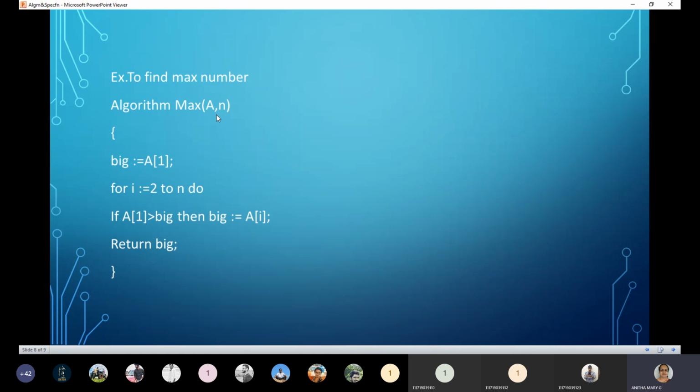First is compared with the second one. I'll check whichever is bigger. If that is bigger, I'll swap. And then that bigger number is again compared with the third one. Whichever is bigger, swap. Again, the bigger number is compared with the fourth one. Likewise, finally it is going to return big. So that is how we write the algorithm.